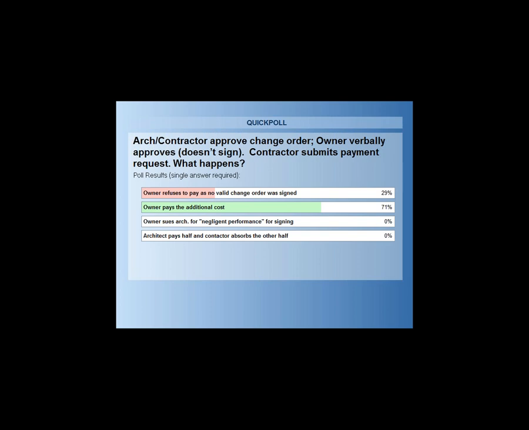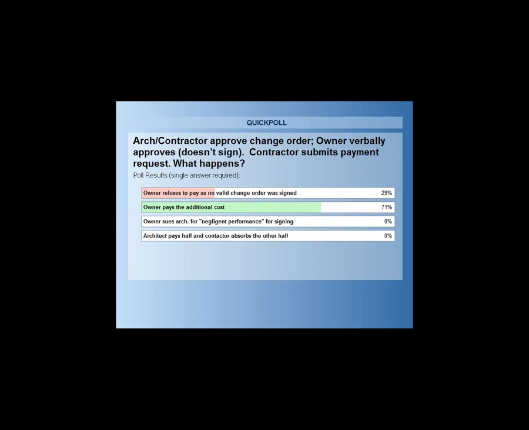Again, on this one, I don't know that there is a right answer or an answer that is most likely to happen. If there was one, I think I would go along with number 2. I could certainly see, if there was no documentation, no way to prove that the owner verbally agreed to something, and as Jim was saying, we get ourselves in trouble and we get signed off on a pay app that includes this change order item, that the owner may want to file a claim against the architect for negligence in signing a pay app that includes the change order that was not, or some change work that was not issued